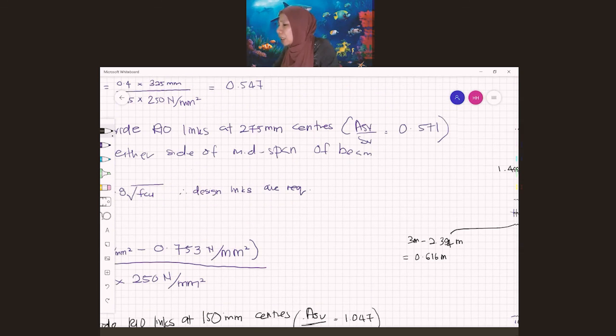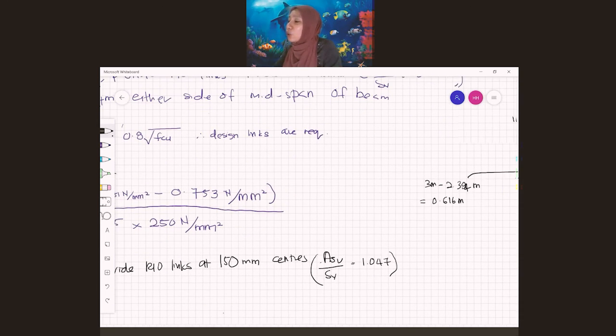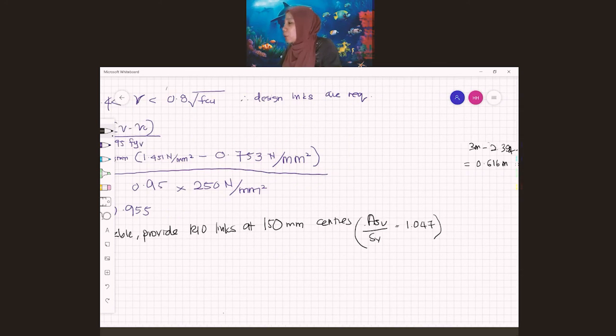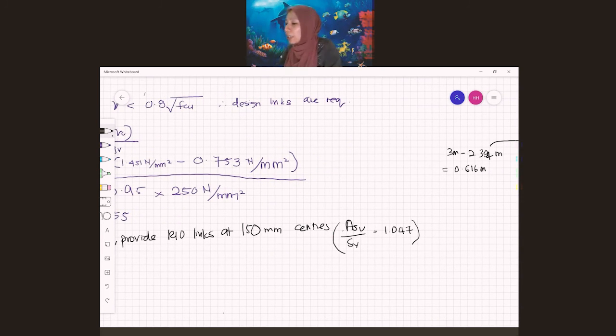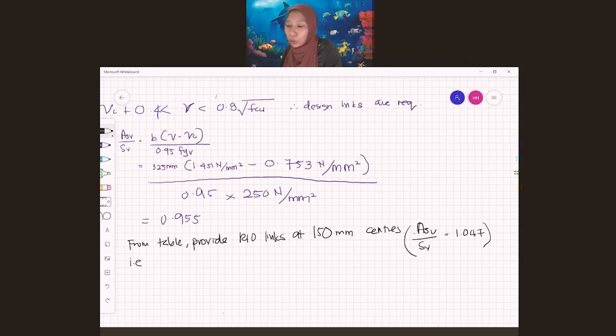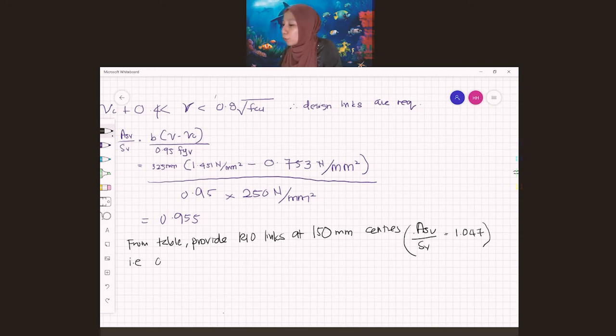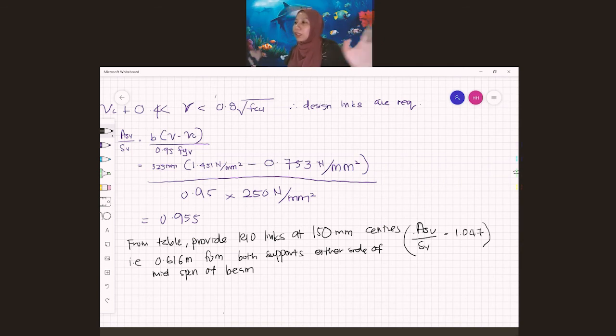Betul tak? Yang kita kira awal tadi masa nominal link. Okay. Jadi 0.616 meter ni R10 spacing 150. Okay. So 0.616 meter from both supports, either side of midspan of beam. Okay. Maksudnya daripada dua-dua belah support,